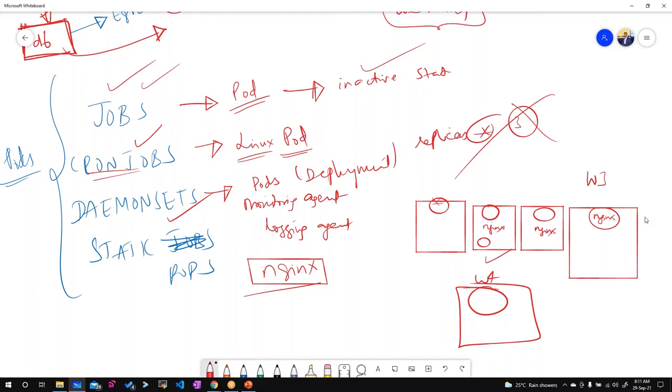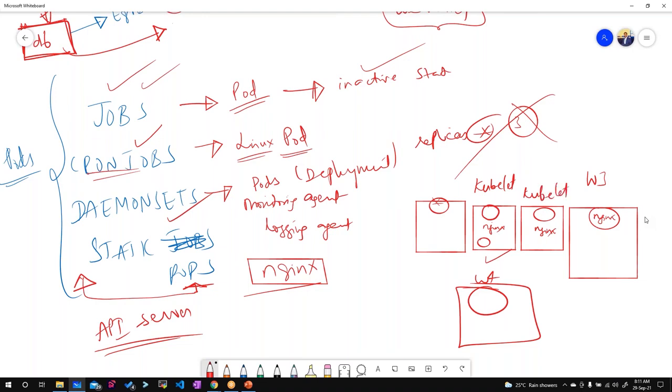Now the last one is static pods. These are pods that are not managed by the API server. That means the API server will not take your request to create these pods, nor will it take the request to delete them. These static pods are managed by the kubelet of each node. Every kubelet has a default location.